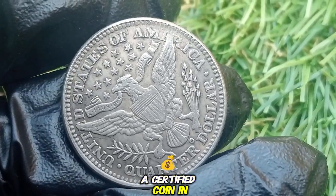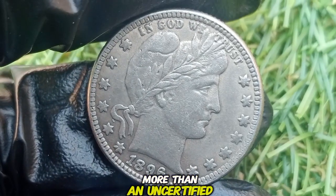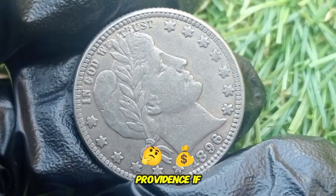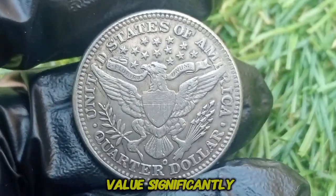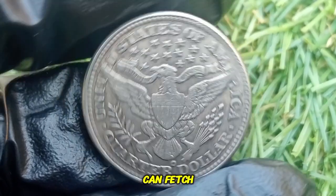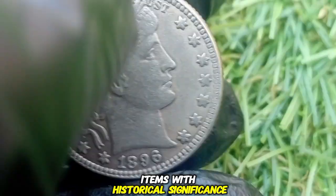A certified coin in high grades, like MS-65 or MS-67, will sell for far more than an uncertified coin in the same condition. Provenance. If the coin has an interesting provenance, such as a famous collection or a significant history, that can increase its value significantly. A coin with an exciting backstory can fetch far more at auction,